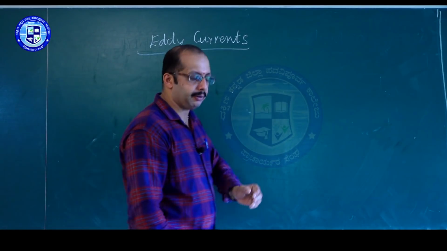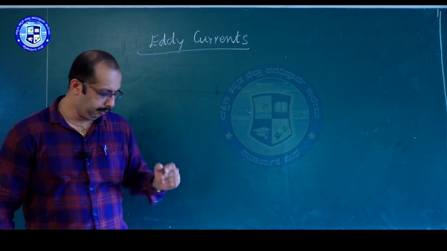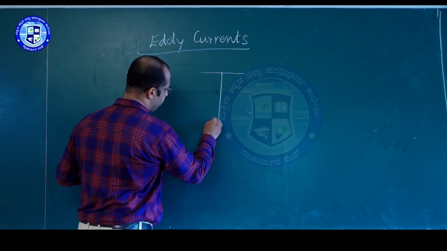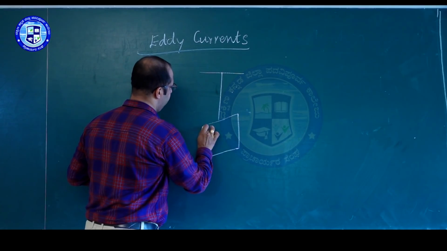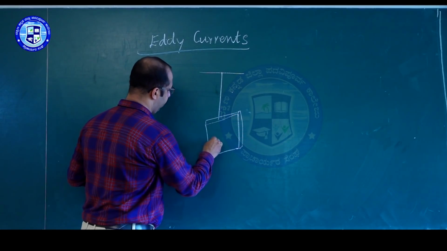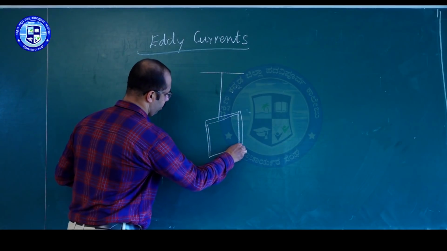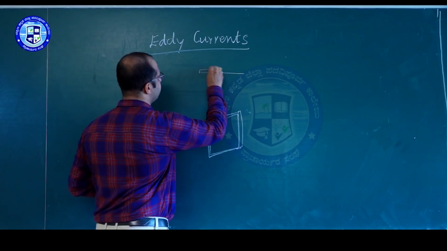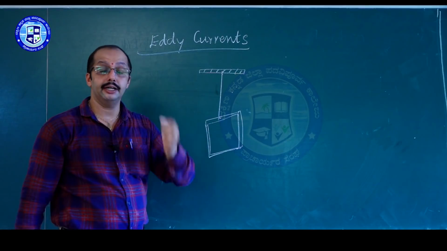Now how do you explain these eddy currents? We consider one thick metal plate that is pivoted at a fixed point. So consider the thick metal plate, that is like a bulk piece, as I already told. The thick metal plate is pivoted at a fixed point, a fixed support. Okay. Now the metal plate is considered.